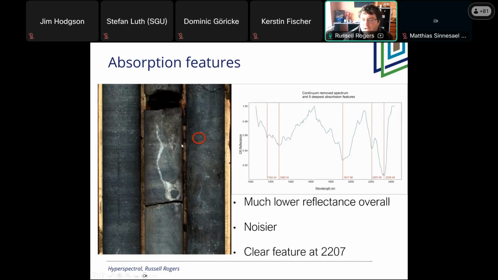However, when you look outside of a calcite vein into a piece of fine-grained carboniferous limestone, you have much noisier spectra because it's darker overall. Each 1 millimeter pixel will be influenced by a number of minerals because this is very fine-grained material. However, you can still see the calcite carbonate wavelength here, and you can pick out other features. And this aspect is what we used in our